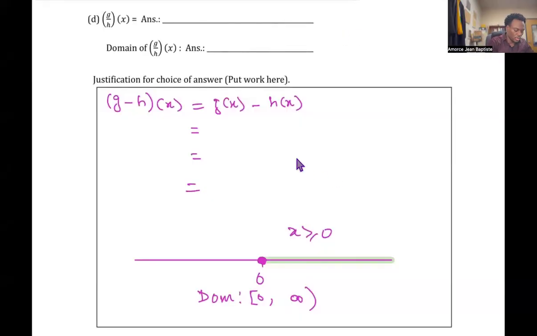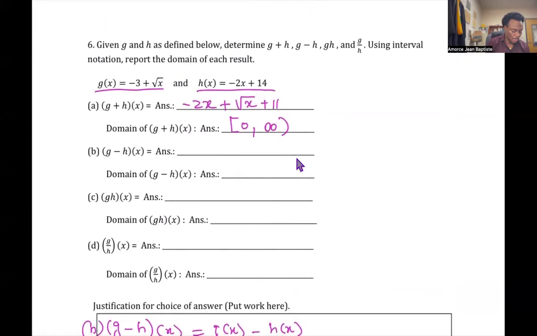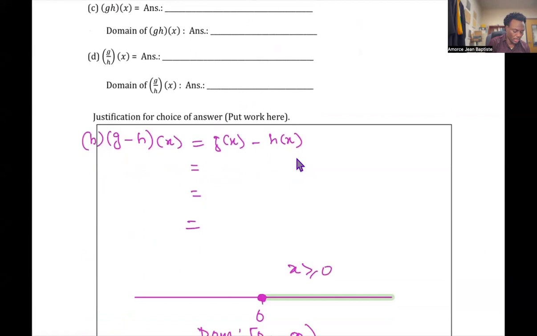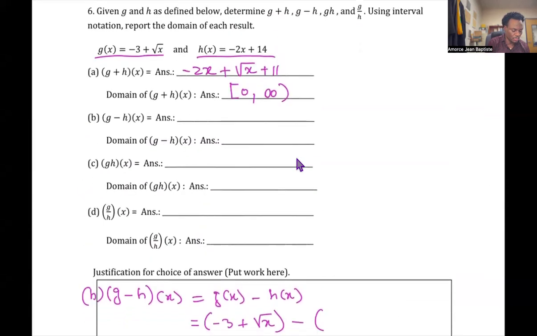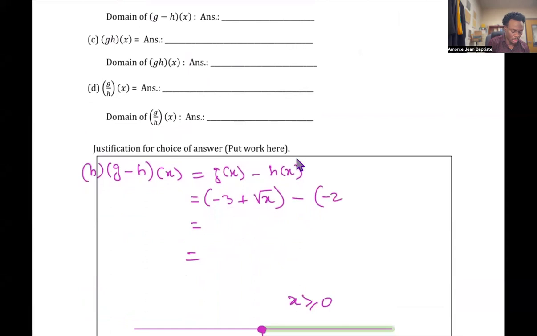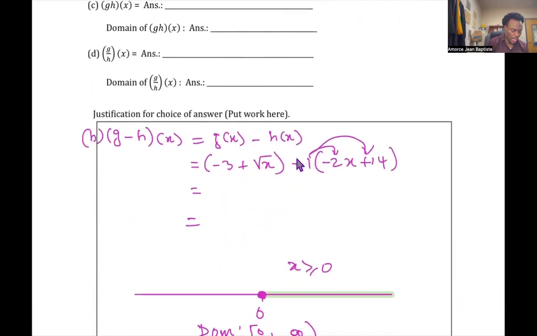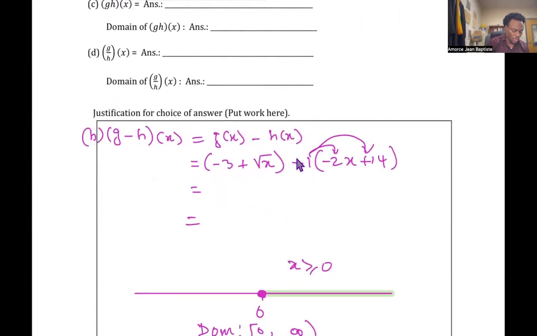So next question is B. This time they want me to calculate g minus h of x, which is g of x minus h of x. G of x is negative 3 plus square root of x, minus h of x, that is negative 2x plus 14. That negative 1 will change the sign of everything inside. So then you're going to have negative 3